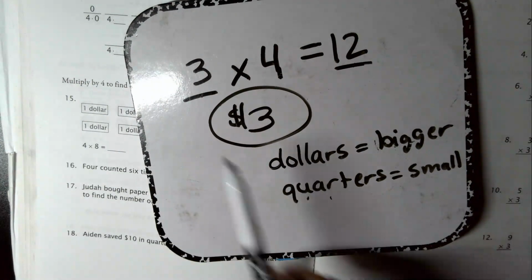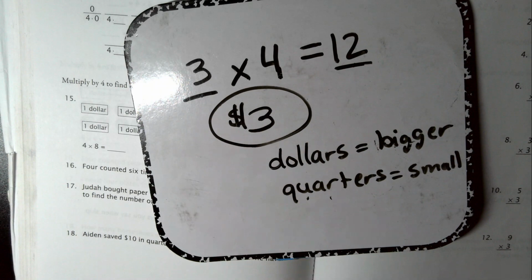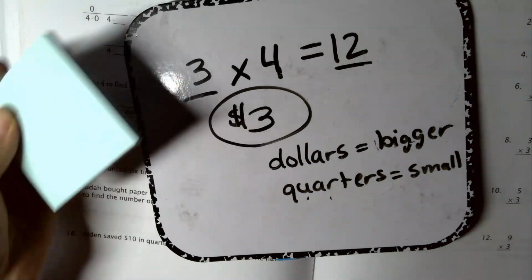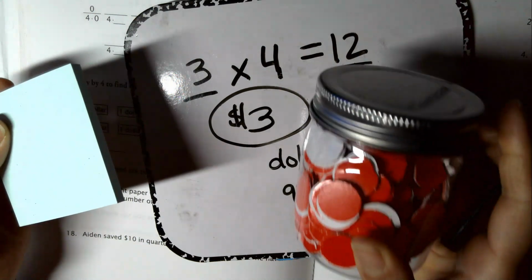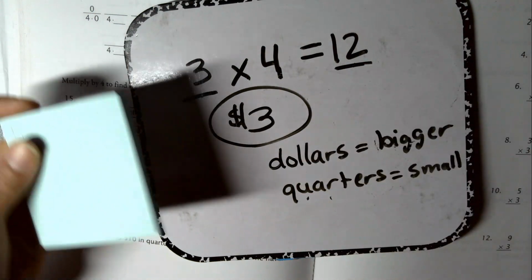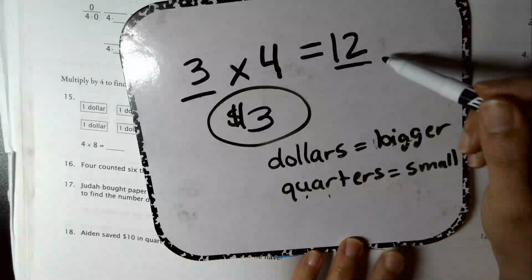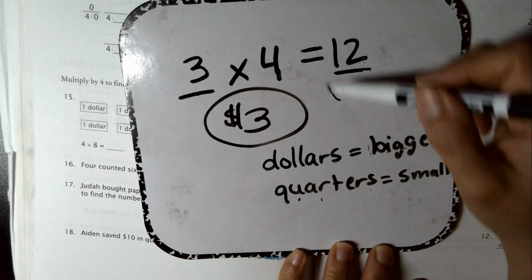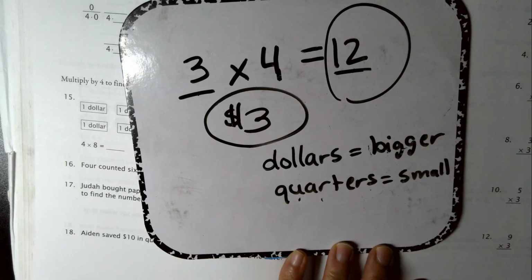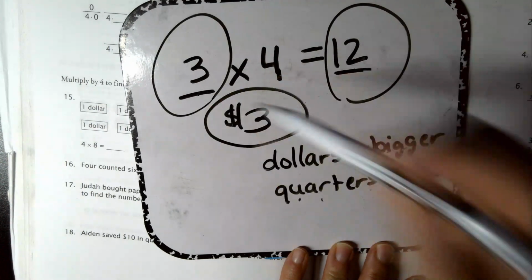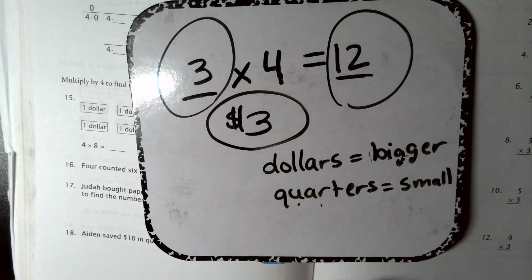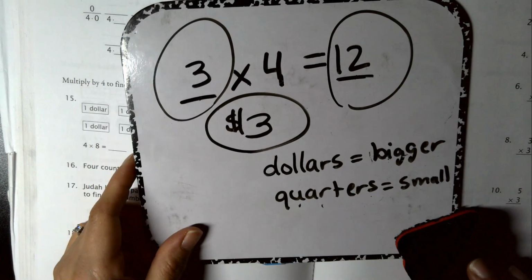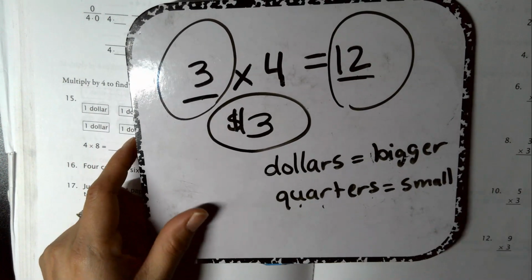because the dollars, remember we said when they're bigger, you're going to need less of them. Remember with the other lesson? And if you're going to have smaller ones, you're going to need more of them. So this number is going to represent the quarters because we need more of them. Okay, and then this number that we're missing is going to be the dollars, because we need less of them because they're bigger. Okay, so I know that that's kind of like a backwards way of thinking, but